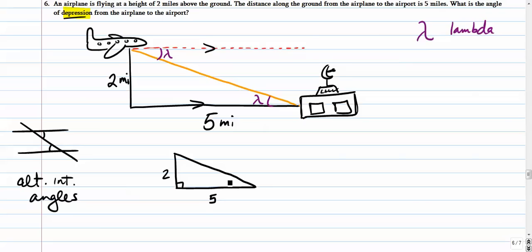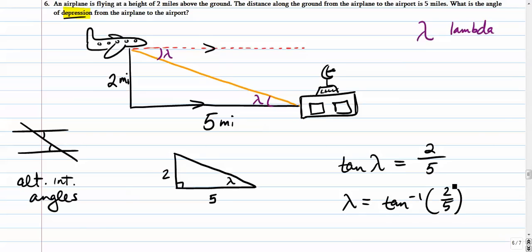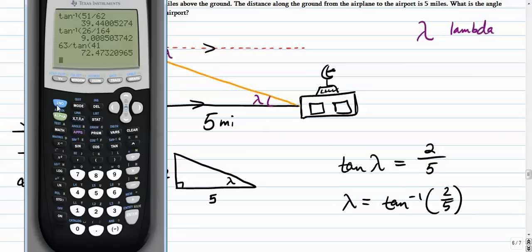2, 5, lambda. So we go tangent of lambda is opposite over adjacent. Lambda is inverse tangent 2 over 5. So you go to your calculators and you hit inverse tangent. I'll just type it in as a decimal, 0.4. Remember, 2 over 5 is also equal to 0.4. So you're free to interchange between fractions or decimals. So our answer, our angle of descent, will be